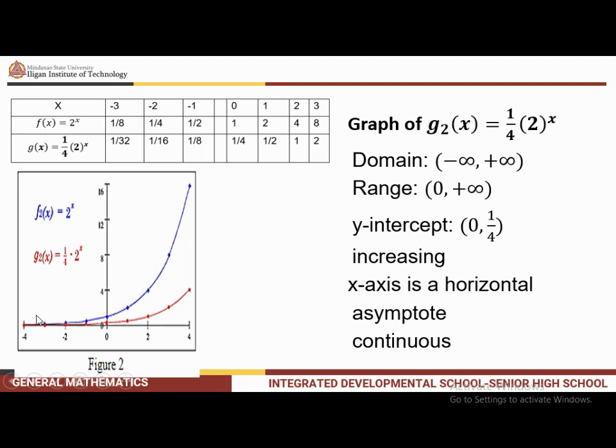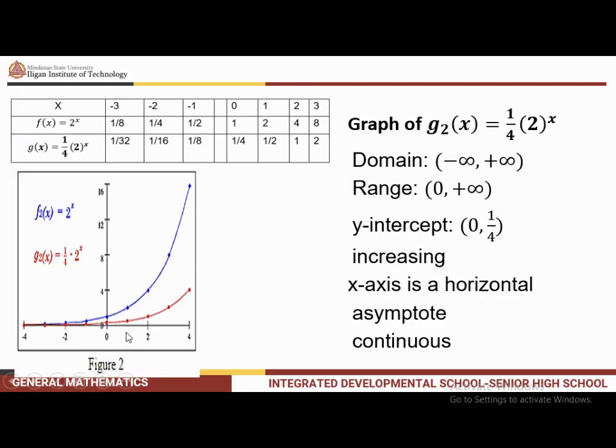So ito na yung graphs natin. So itong blue, ito yung parent function na 2 to the power of x. Yung function g2, which is the red one, na-observe natin na anong nangyari? Nag-shrink siya from function f. So na-shrink, di ba? Na-shrink siya. There would be vertical shrinking